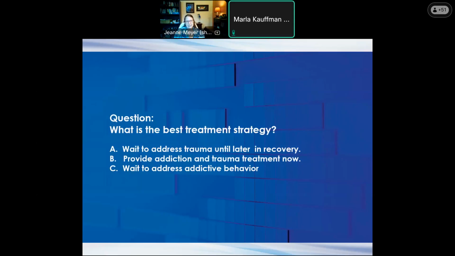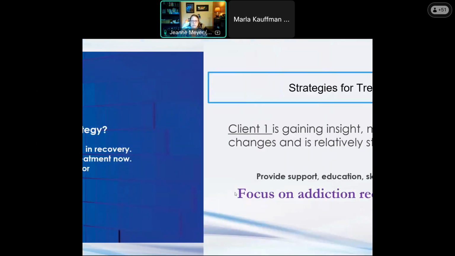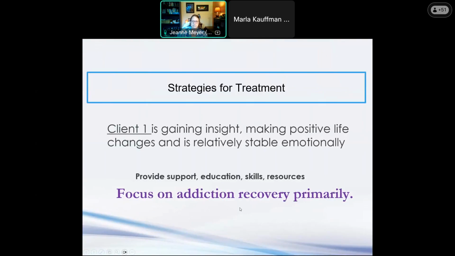So 83% of people are saying provide addiction and trauma treatment now. 13% have said wait to address trauma until later in recovery, and 3% have said wait to address addictive behavior. Okay. So as far as I'm concerned, the answer is always do both at the same time. You can't ignore one or the other. However,